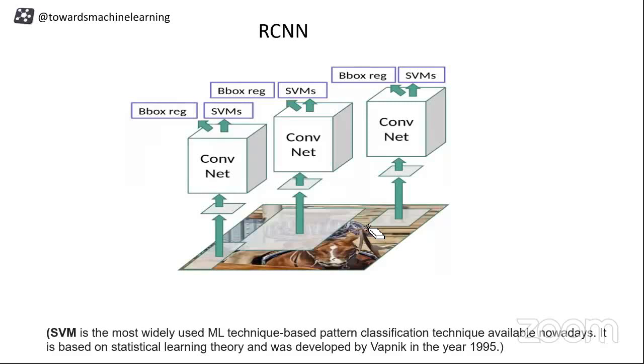He had an image. After that, he ran a selective search on it. He found out the regions which were of interest. He passed only those regions to the convolutional neural network, and he used the same kind of arrangement we have seen. We have a bounding box regressor as well as an SVM, which will be giving you the confidence and the classification, and the bounding box regressor will be telling you the boxes around your objects. So he was pretty much smart.